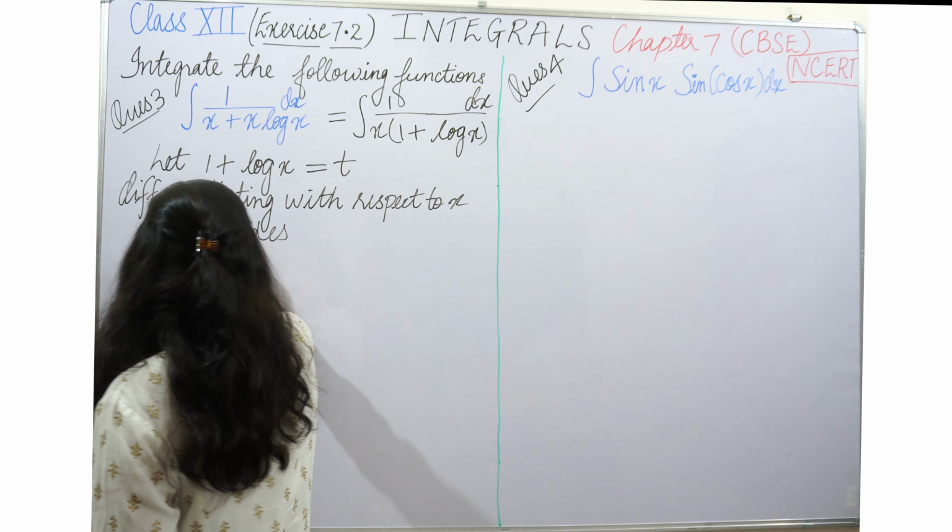In question number 4, the expression given is sin x sin(cos x) dx. If we see it like this, it becomes very typical to integrate. How can we integrate such types of questions? The only method over here is the method of substitution. So what we will do is assume cos x to be equal to t, and again